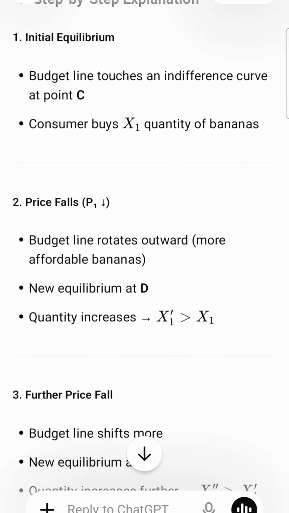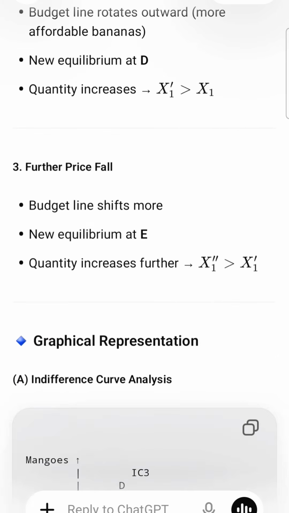Second is when the price falls, the budget line rotates outwards. And then what happens is he can buy more quantity of banana now. Earlier he bought bananas, but now he can buy more than that because the price has reduced. So the new equilibrium point is at D. And when again the price falls more, then the budget line again shifts more and